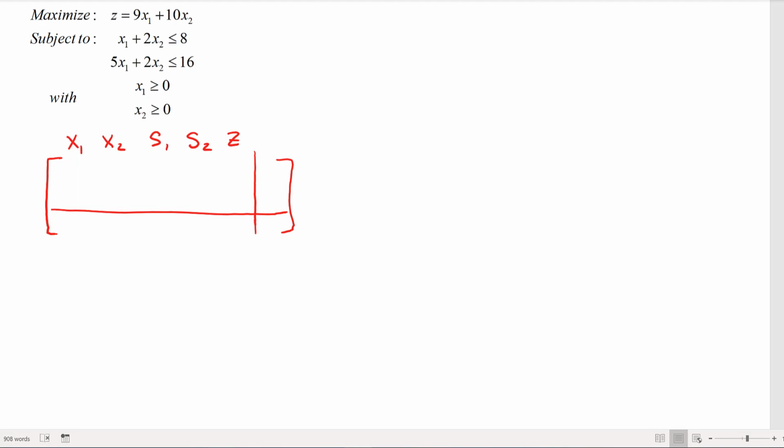Okay, so I have a maximization dual problem now that I need to solve so that I can solve the minimization problem that we were really truly given. So I'm going to solve this the same way we've done in the past. I'm going to add my slack variable, so I have x1 plus 2x2 plus s1 equals 8, 5x1 plus 2x2 plus slack variable 2 is equal to 16, and then my constraint, I'm going to have negative